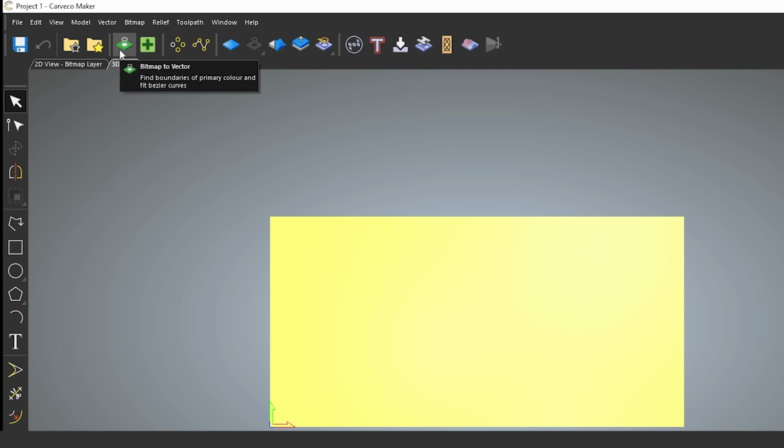Next up we have the bitmap to vector tool. This will help you when trying to convert images or photos into files that you can machine. Next we have the vector doctor, and this is a brilliant tool for identifying and correcting issues within your vectors